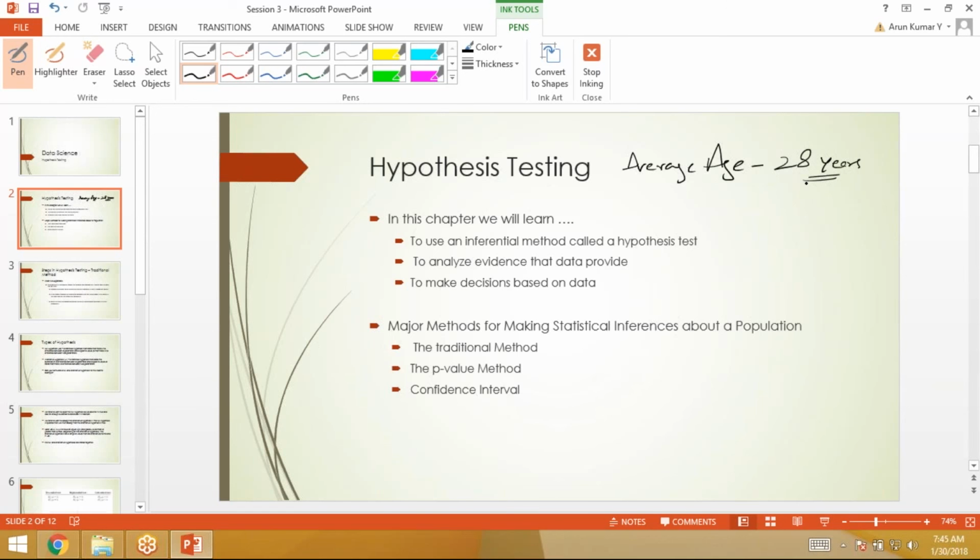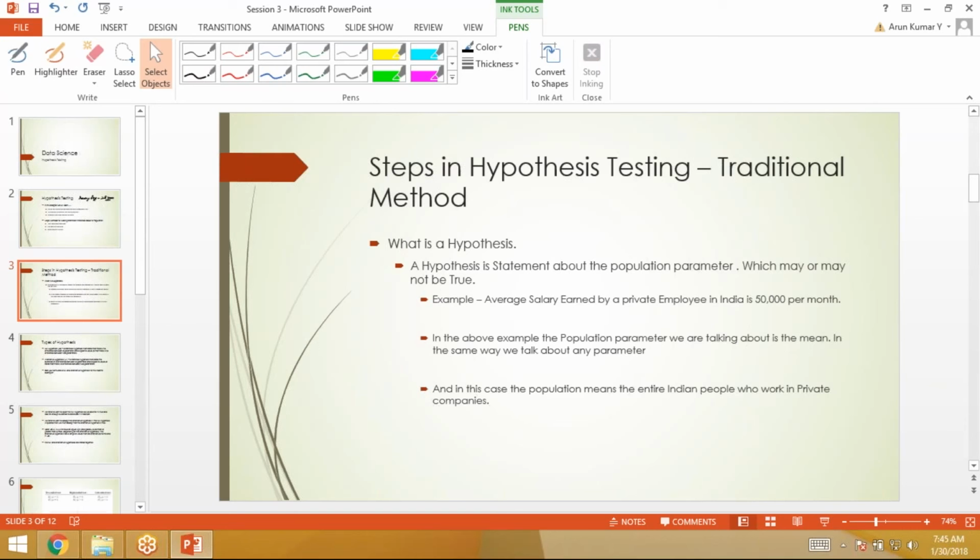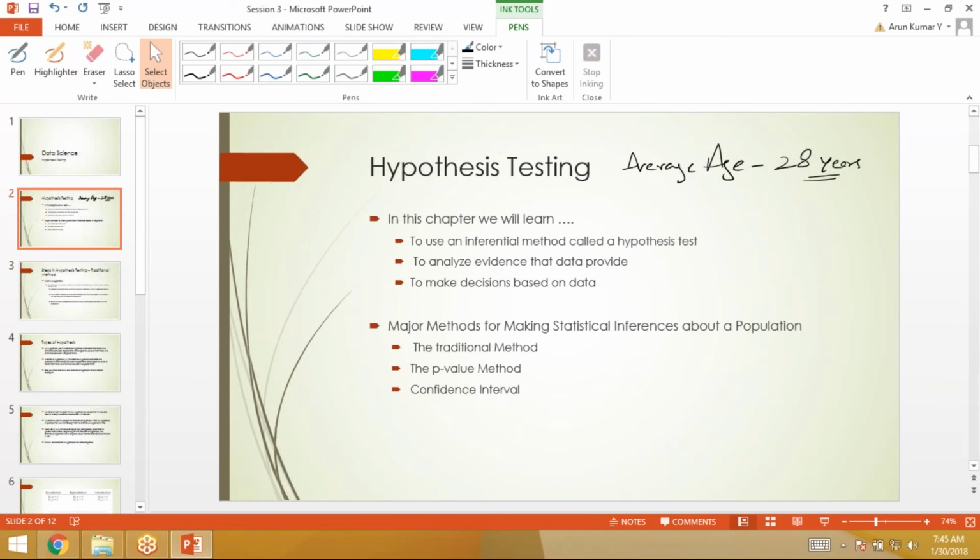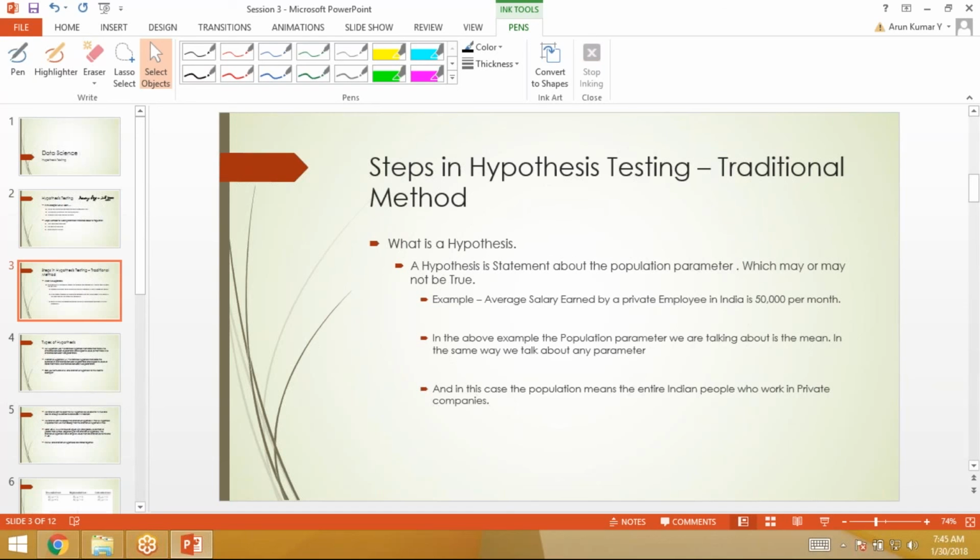So, steps in hypothesis testing. Hypothesis testing can be done in three different ways. One is the traditional method, the other is the p-value method, and the other is the confidence interval method. Let's first look at the traditional method. First try to understand what a hypothesis is. A hypothesis is a statement about a population parameter. So what is